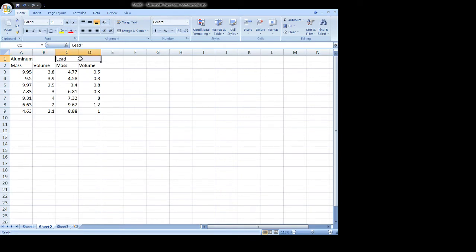For instance, maybe I want lead to merge and center, since both of these mass and volume readings refer to lead. Same thing for aluminum. If I'd like to clean this up, I could put some lines in there. There we go. Now, if I'm going to make a graph for this data,